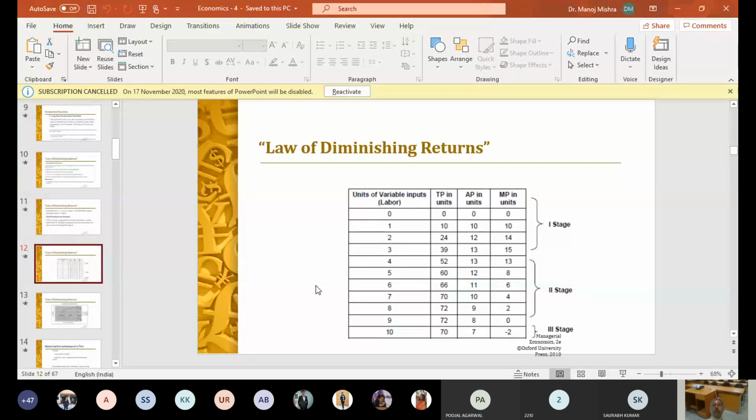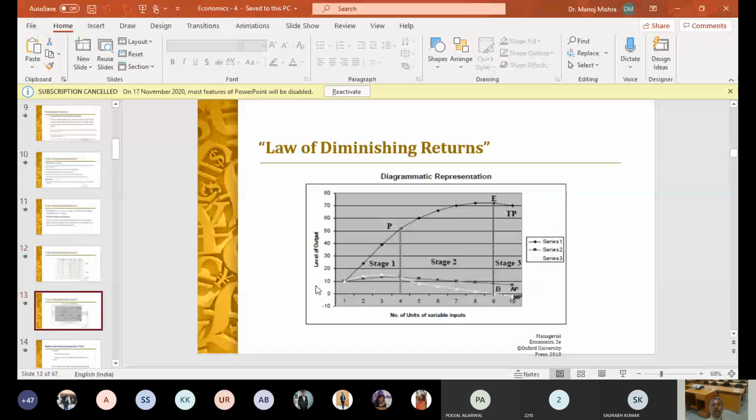Yes, sir. Now, this is the graph. We have made this TP graph, as you can see here. This white line is the MP graph, and this gray line is the AP graph. Obviously, what they have done is they have put a circle for the TP, a box for the AP, and a triangle for the MP. So all these triangles are the points on which MP is plotted.